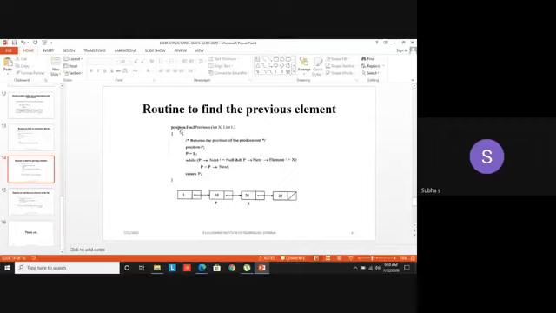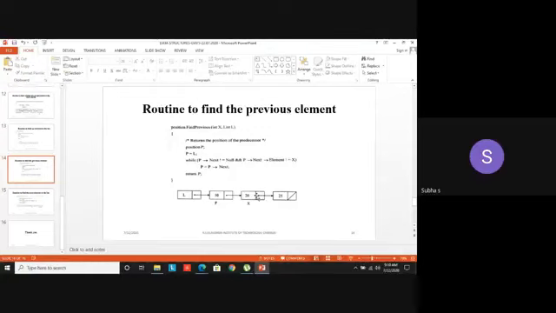It returns what? Position, because I want to find the position of the previous element. I'm not returning whether it is true or false. So the return type for find previous is what? Position. Look at it carefully. Position find previous. I am going to find the previous element's position for a given element X in the given list L. I have declared a variable P of type what? Position, because it points to the current position.